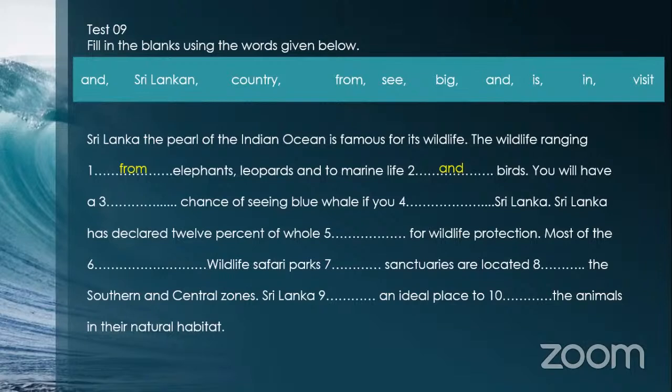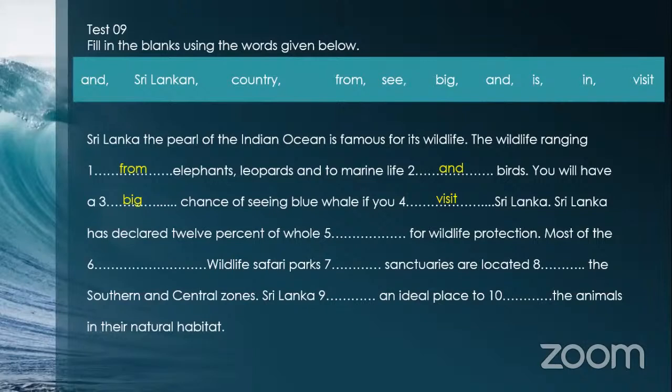Next one, you will have a blank chance. You have a big chance of seeing blue whales. If you visit Sri Lanka, there is a chance of seeing blue whales. Sri Lanka has declared